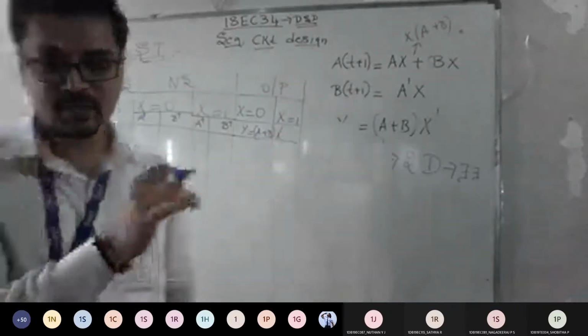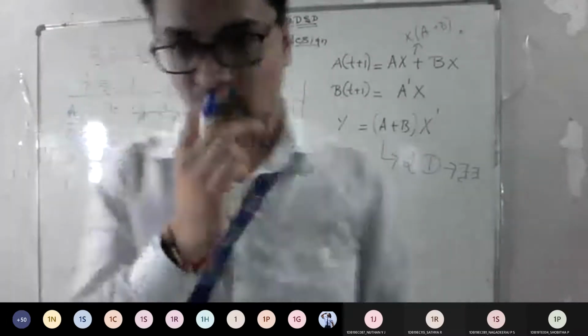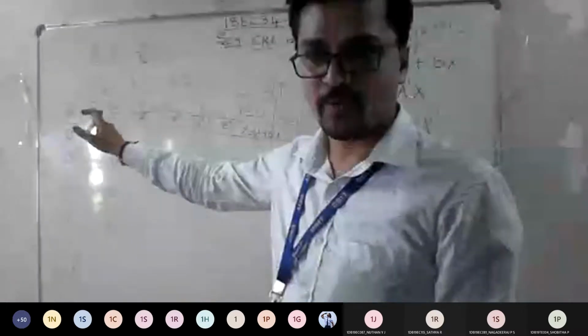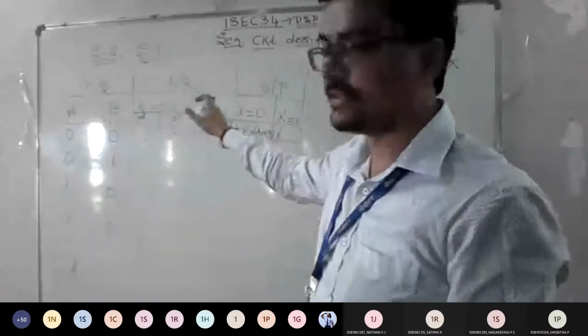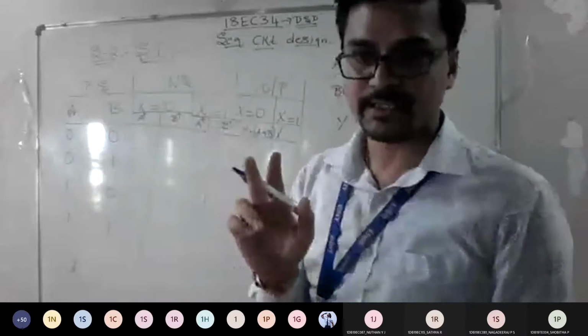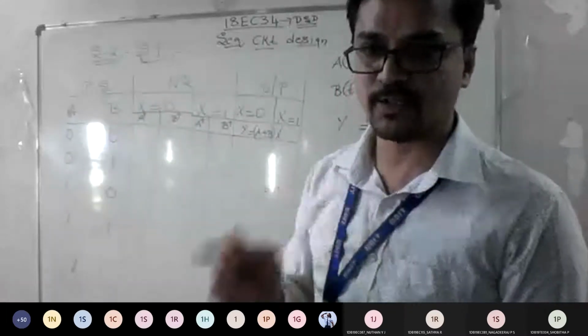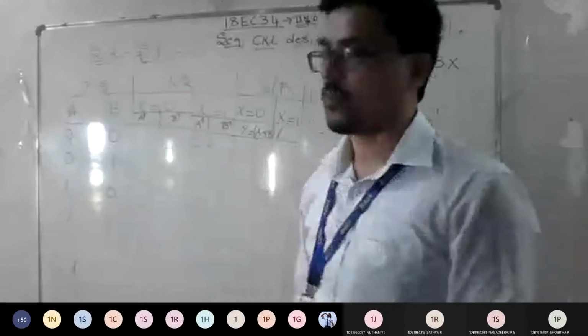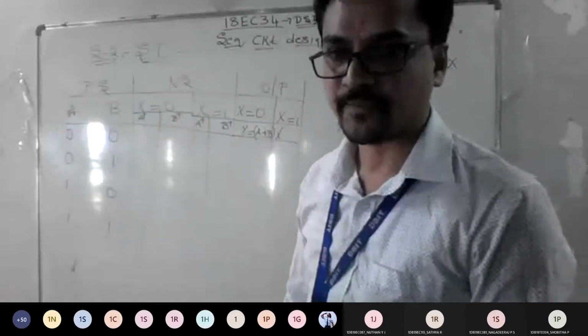So the alignment of the table, any doubts, anyone? How have we made the alignment? For the present state, how many inputs do you have? In the next state, you will get the combination of input x equal to 0. What is the next state? Similarly, x equals to 1. What is the next state?